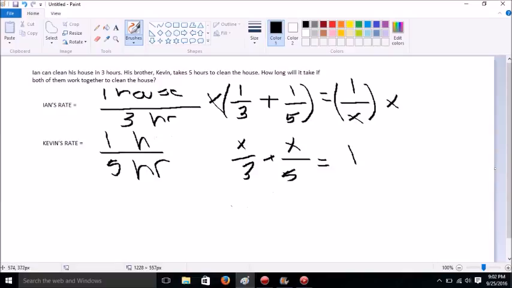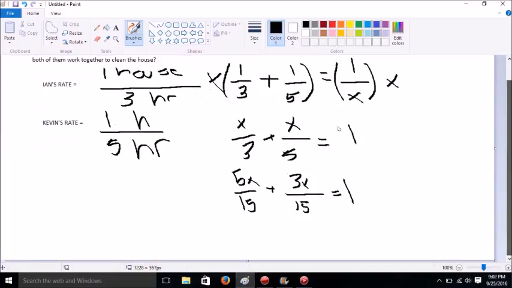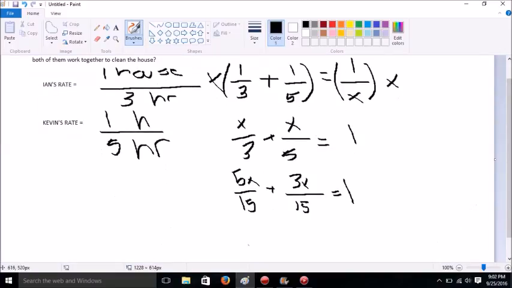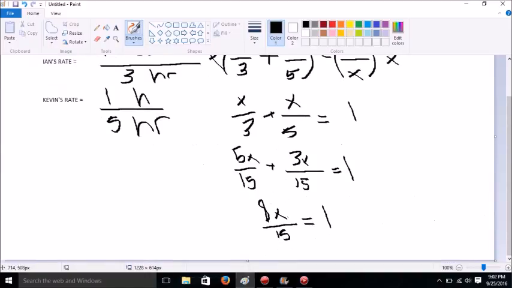Now we're going to find the least common denominator of both numbers, which is 15. So we get 5x over 15 plus 3x over 15 equals 1. Now we can combine the like terms, so we get 8x over 15 equals 1. Then we can multiply both sides by 15, getting